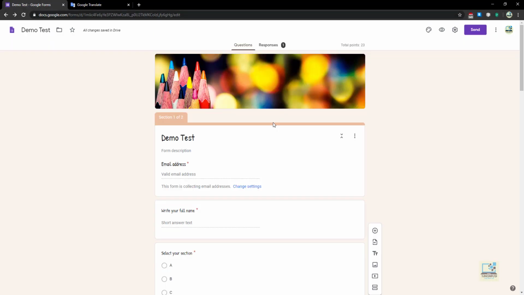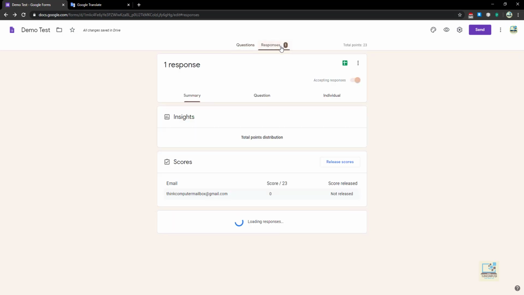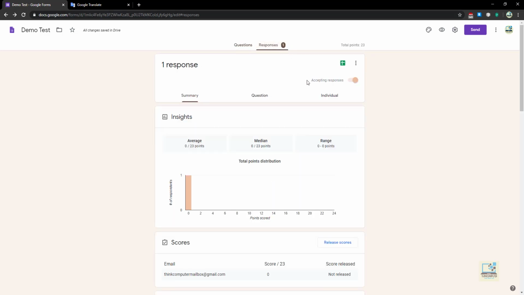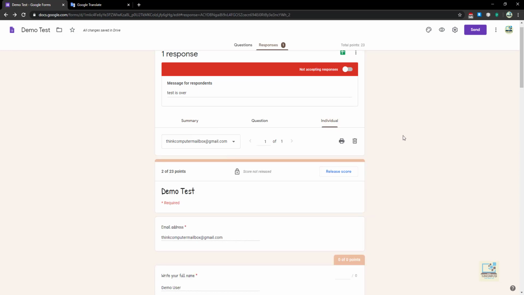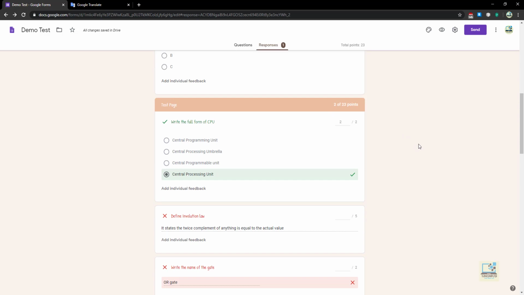Let's see the responses tab. Here I can see 1 is displayed, means I got 1 response. Make sure that once the time of the exam is over, you disable the option of accepting responses. Suppose your test is of 30 minutes, it begins at 9 o'clock. As I told you, you will share the link at 8:59. But at 9:30 the test will be over. By 9:31 you open the Google Form and disable this option of accepting responses. That way you can set a time limit in the Google Form.